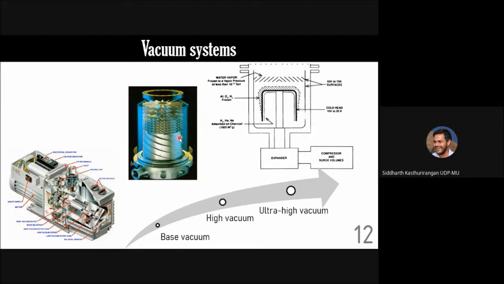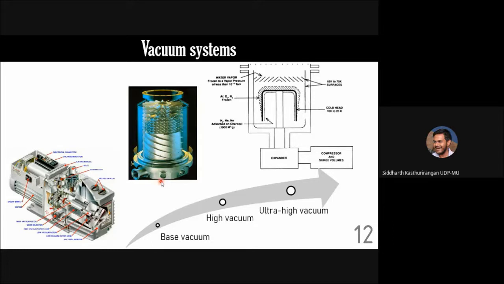Another type of pump which is used for high vacuum is the diffusion pump, where a jet of oil vapor is incident on an umbrella shaped object here, which comes down. And as the oil vapor comes down, any random molecule which comes from here will get carried away with it. So it is like a waterfall kind of thing, so that in the waterfall, if someone falls, then that person also gets swept away. Something of that kind you can imagine.